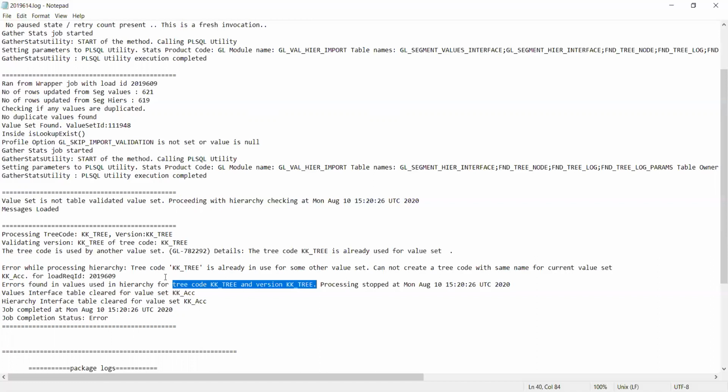If you see here, error while processing the hierarchy. It's not about the values, it's about the hierarchy. So it's only about the tree version and these things. This is kind of a warning we can take.